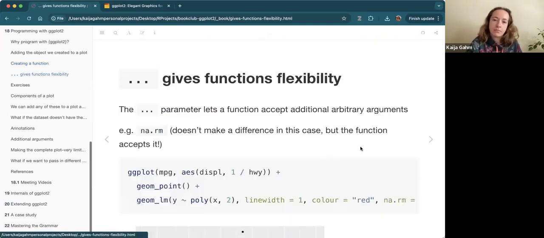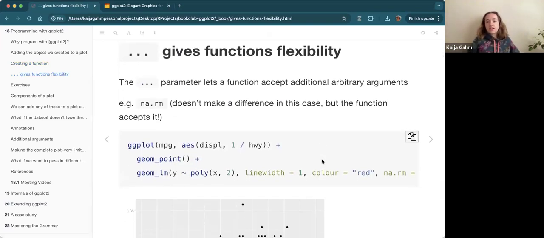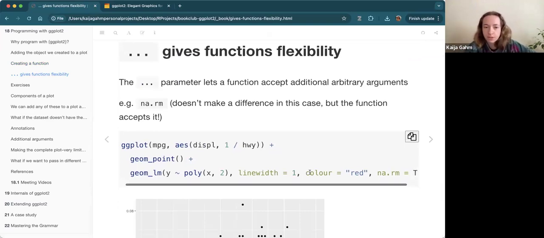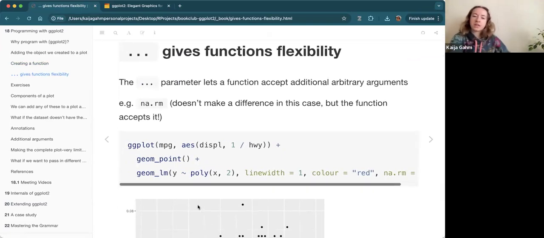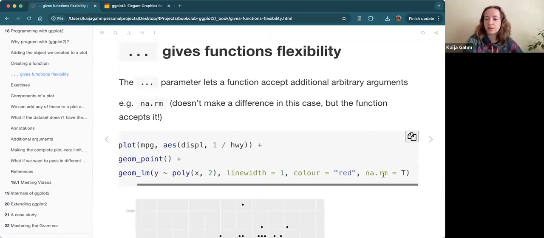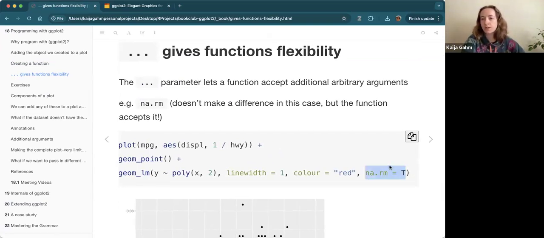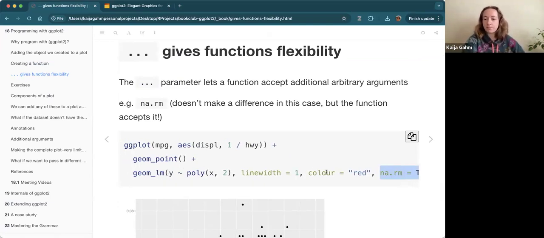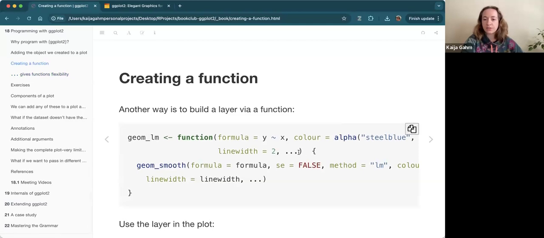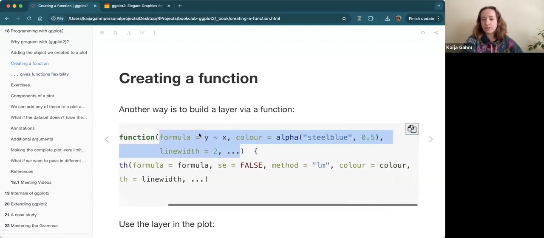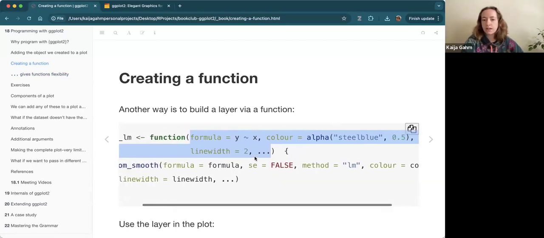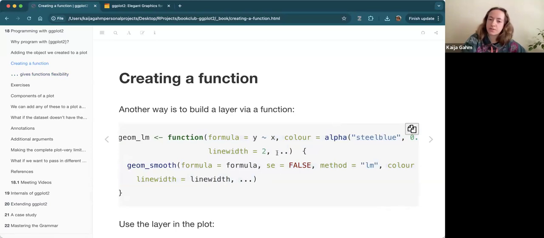And then I have a slide on the ... So, like I said, it allows the function to accept additional arbitrary arguments. I had a little bit of trouble coming up with an example of this being important, and if I had more time, I would have spent more time on this. But I looked at the documentation for geom smooth, and I noticed that there was an na.rm argument that you could pass to geom smooth, and so I just went ahead and passed that to geom_lm, which again, if we go back, we didn't define. There was no argument here for na.rm, and there also wasn't any argument here for na.rm,